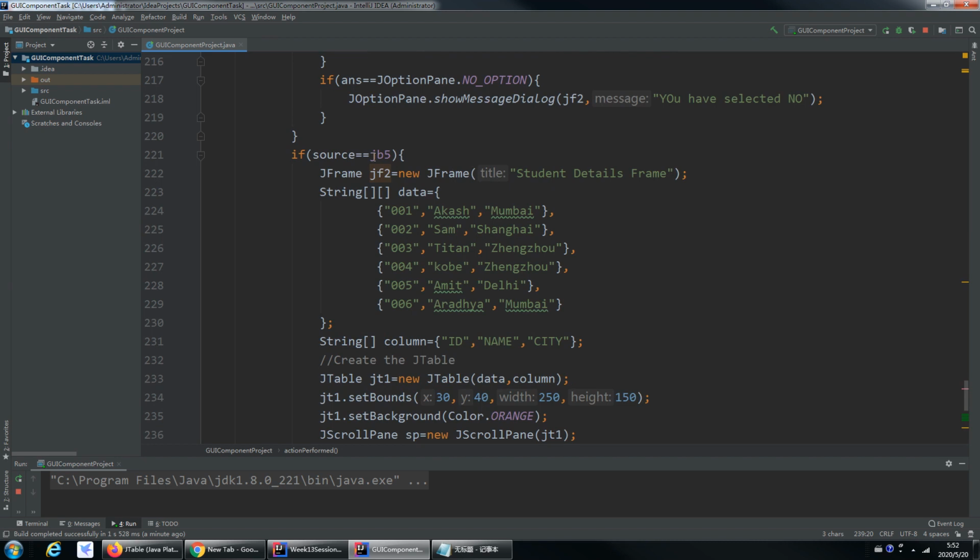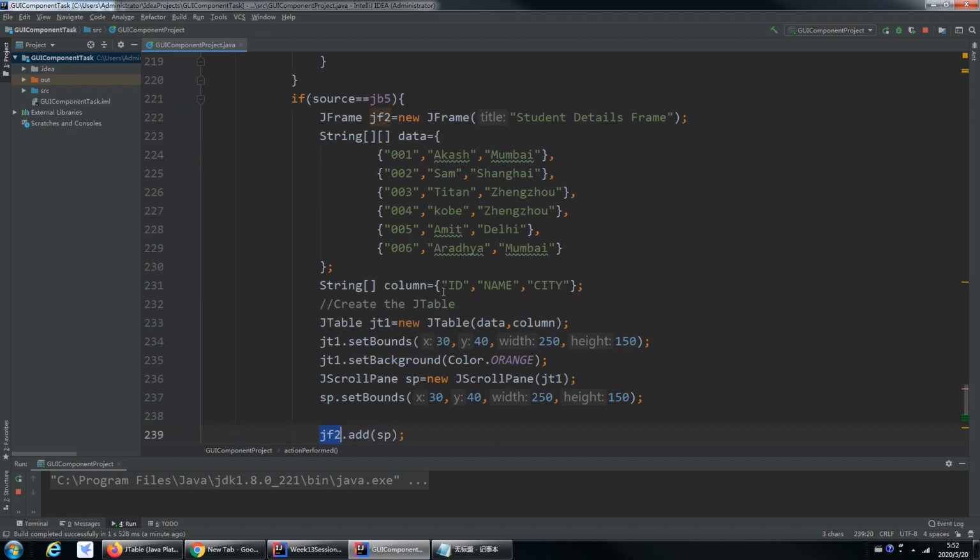Okay, this is all about JTable. It will help you to do some interesting projects in the future, in the coming weeks. So please practice it. Here I have taken this data, but in the future you need to display the data from the database in the table. Okay, let's move on to the next